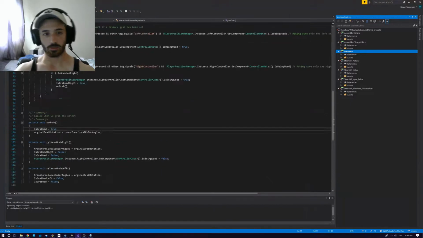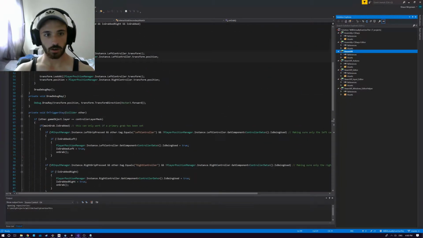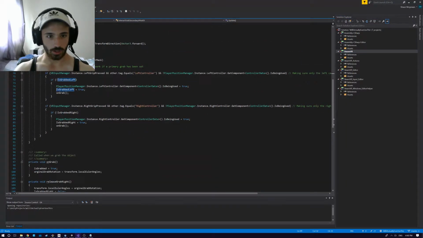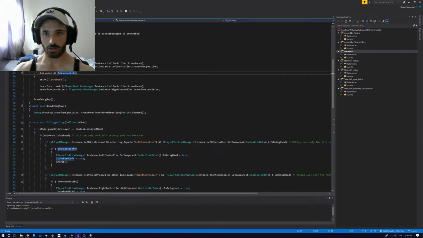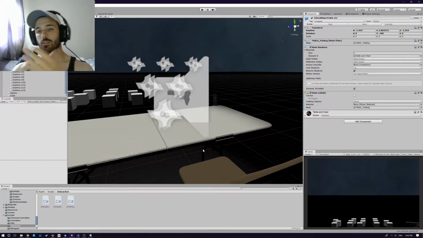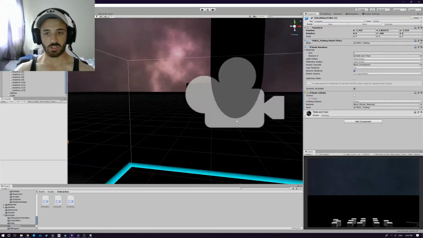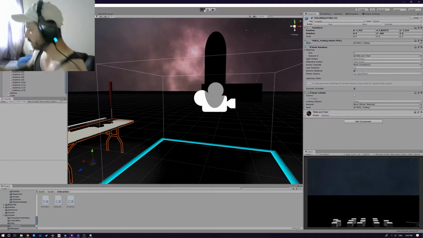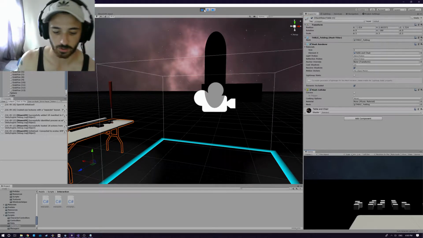I was actually thinking about scrapping all this because it's definitely not right. I'm just making the transform look at your hand, and it just doesn't seem to work correctly. So that's a base of the project. It's just simple stuff. I'll do a little demo and show it off quickly.